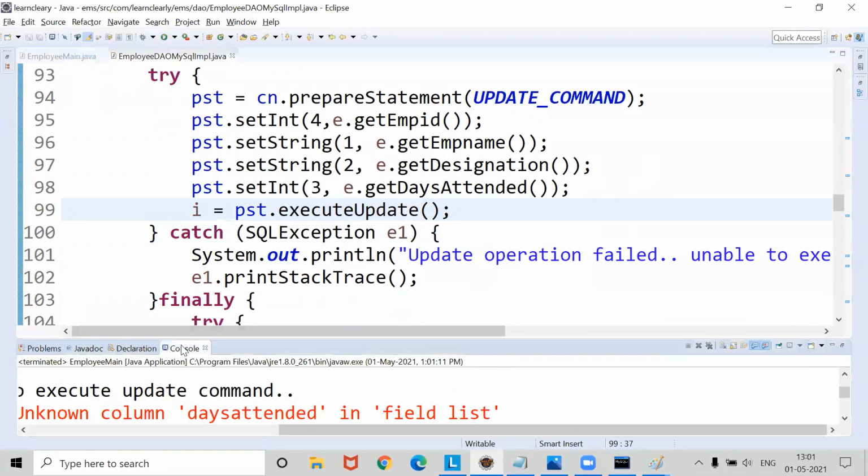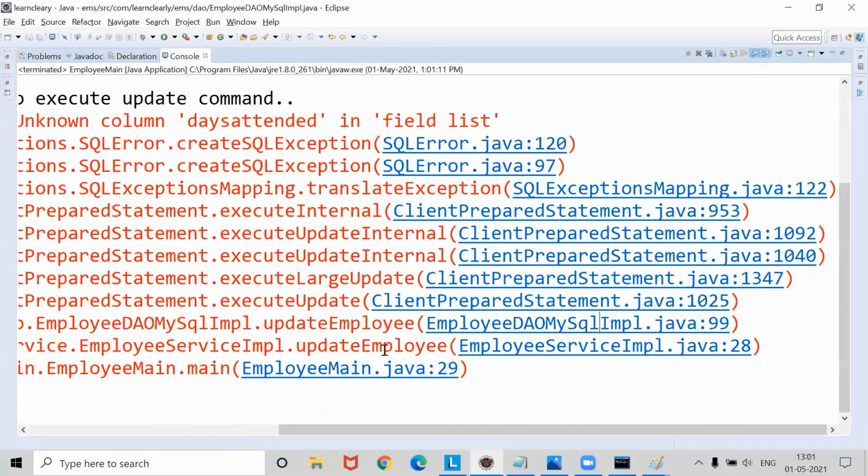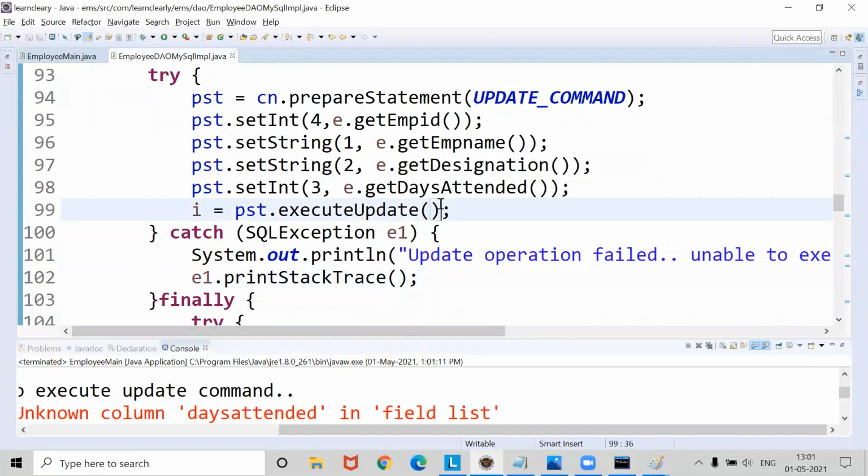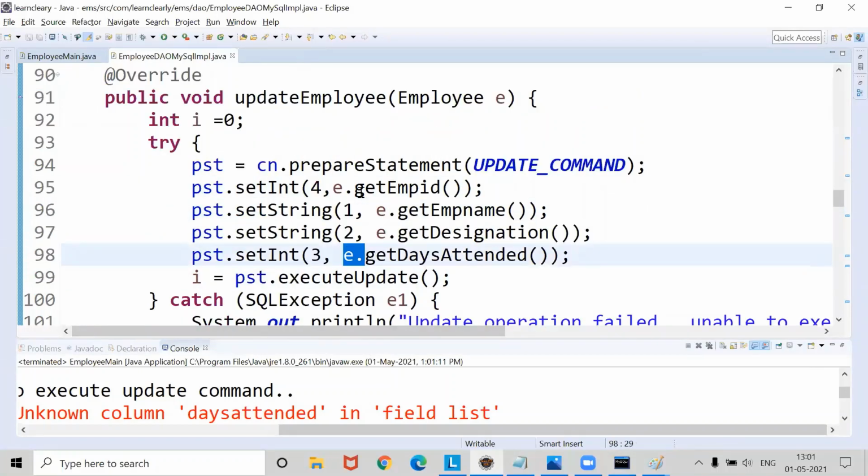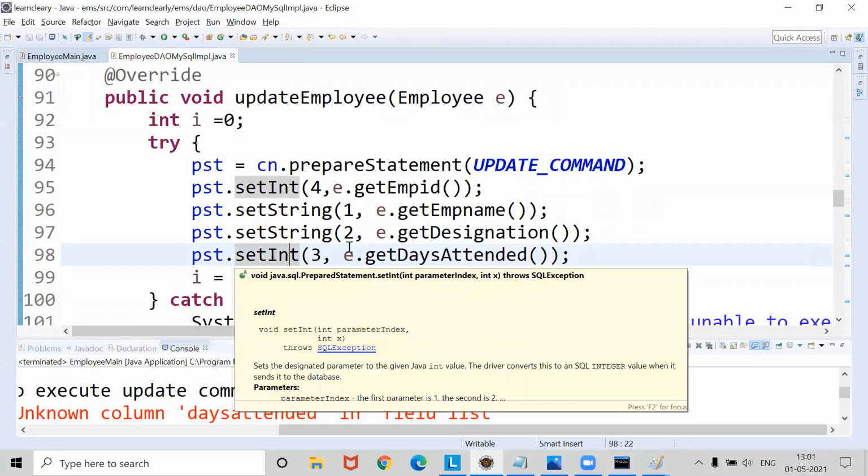90. Was that? This one is 99. Here it is, days attended. So what is this command? Update, set int of. This is set int